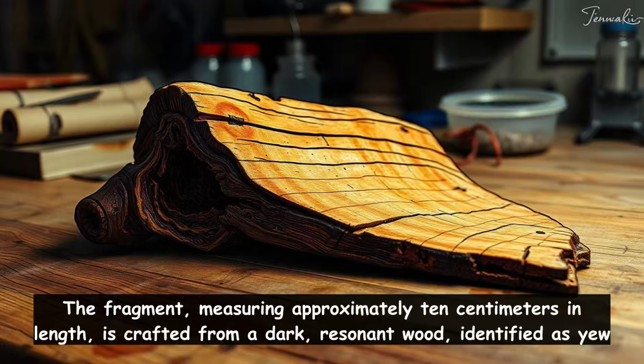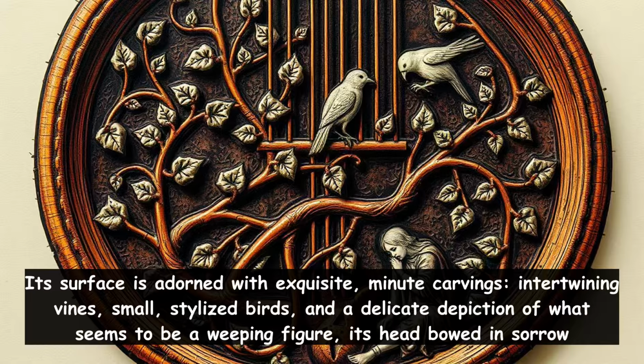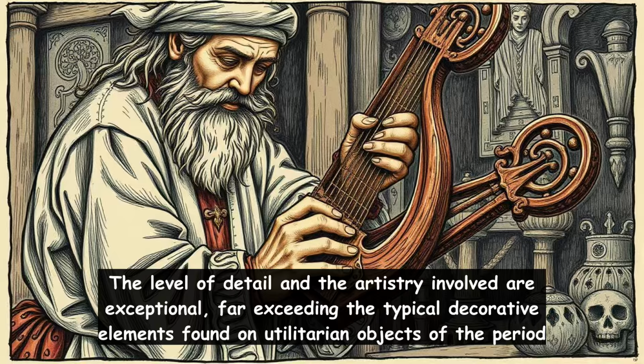The fragment, measuring approximately 10 centimeters in length, is crafted from a dark resonant wood, identified as yew. Its surface is adorned with exquisite minute carvings, intertwining vines, small stylized birds, and a delicate depiction of what seems to be a weeping figure, its head bowed in sorrow. The level of detail and the artistry involved are exceptional, far exceeding the typical decorative elements found on utilitarian objects